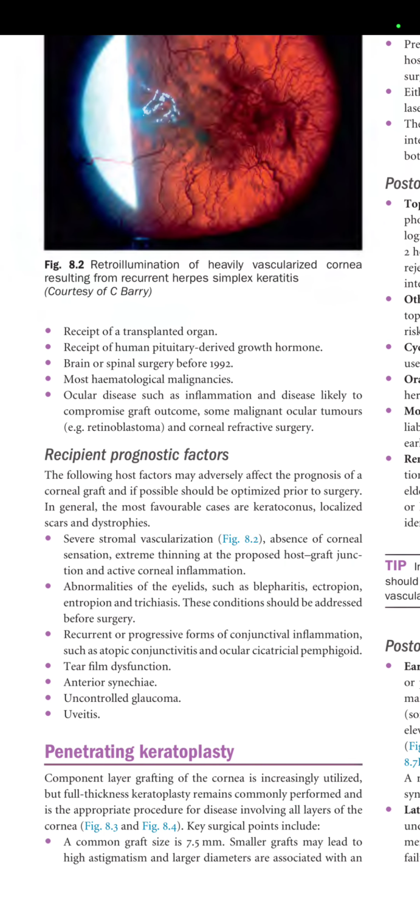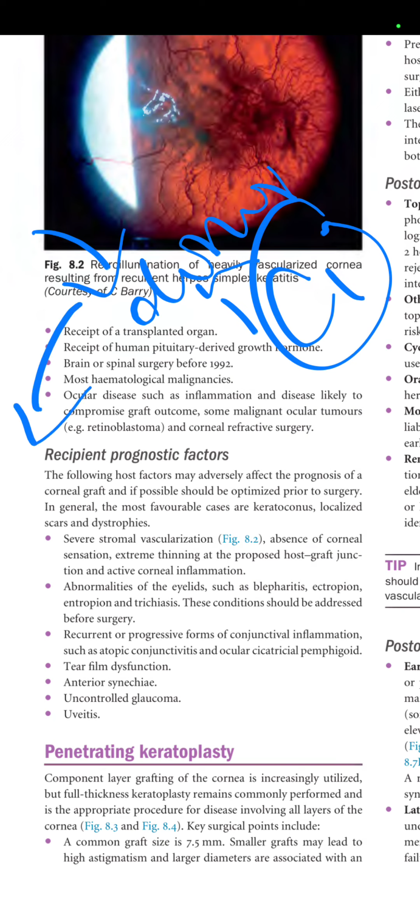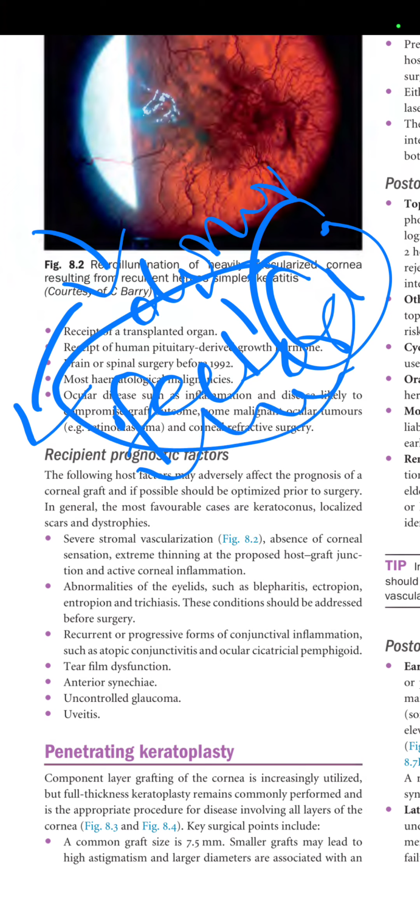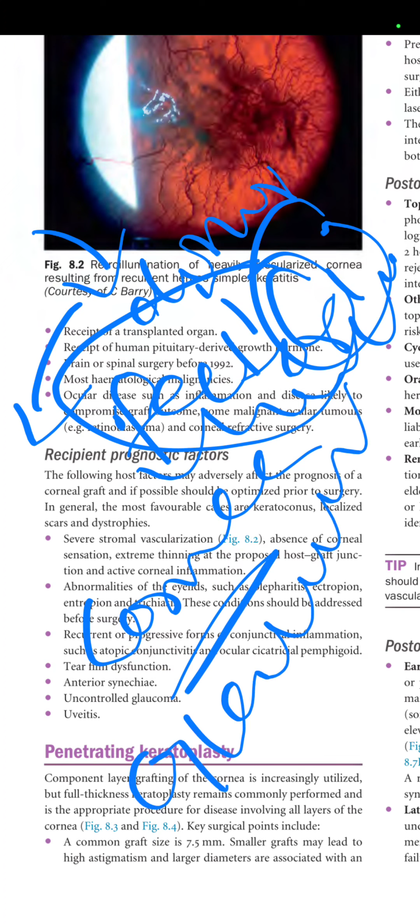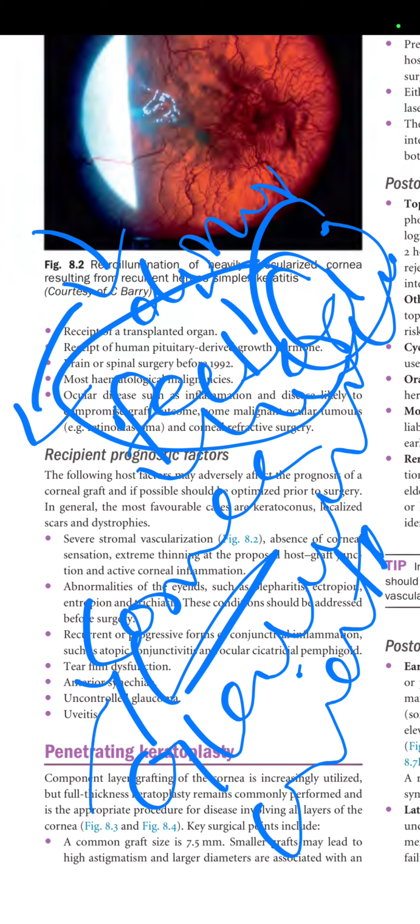Recipient prognostic factors. So that was the donor cornea where it is contraindicated to donate the cornea. So what are the factors in the recipient which make the chances of graft survival more likely or less likely? If the eye has some kind of disease like glaucoma or uveitis, it is most likely to get failure of the graft. And also if there is severe stromal vascularization or corneal vascularization, it is going to be failure of